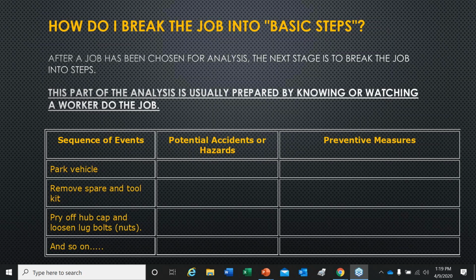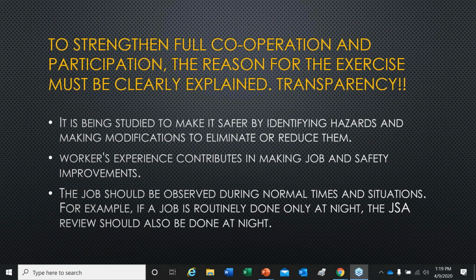And I used an example that I thought everybody would know. So you park the vehicle, you remove the spare and toolkit, you pry off the hubcap, and then there's a whole host of other things that you might do. So what you're looking at is the first part of doing a JHA. You put a list of the sequence of events together. And then from there, you also want to, while you're doing this to strengthen your cooperation, let everyone know